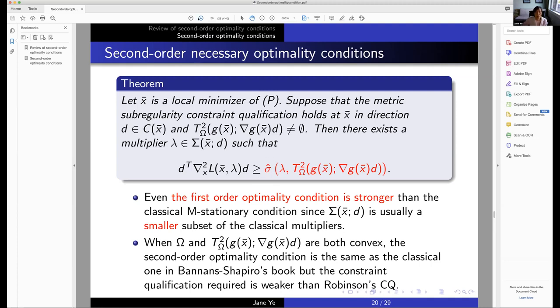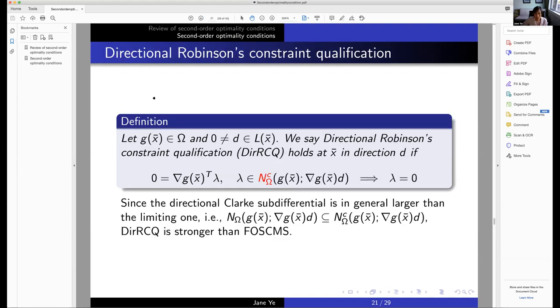Okay, can we get a result with sigma, the support function? If we remember, sigma is bigger in general than the sigma hat. So if we want to get the result with this replaced by sigma, we probably need some stronger condition. Okay, so this condition we call